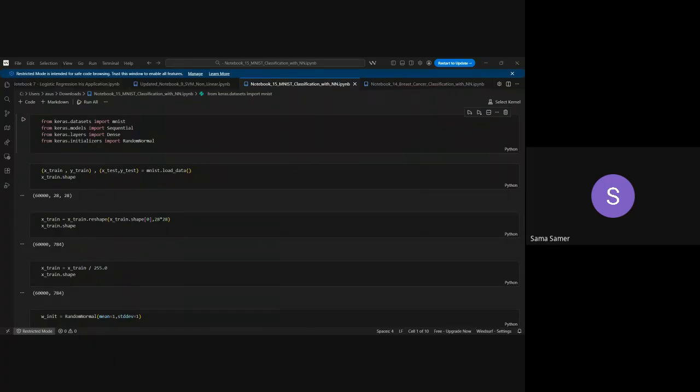Okay, for now, we are going to address our dataset, which is the MNIST dataset. What do you know about the MNIST dataset? I think you have heard about it before. Go on, Marcel. As I can remember, it's a dataset of pictures of numbers. Yes, it is a dataset of pictures of numbers. And it has multiple versions, actually.